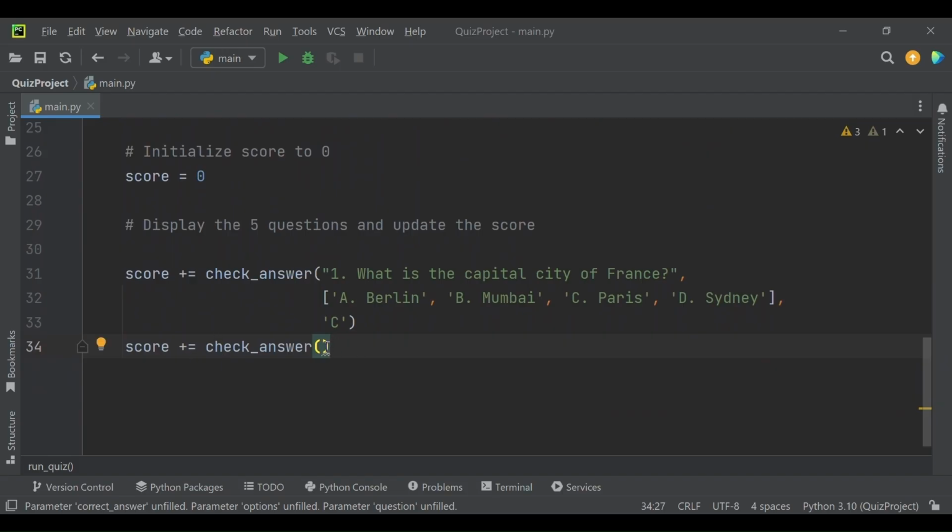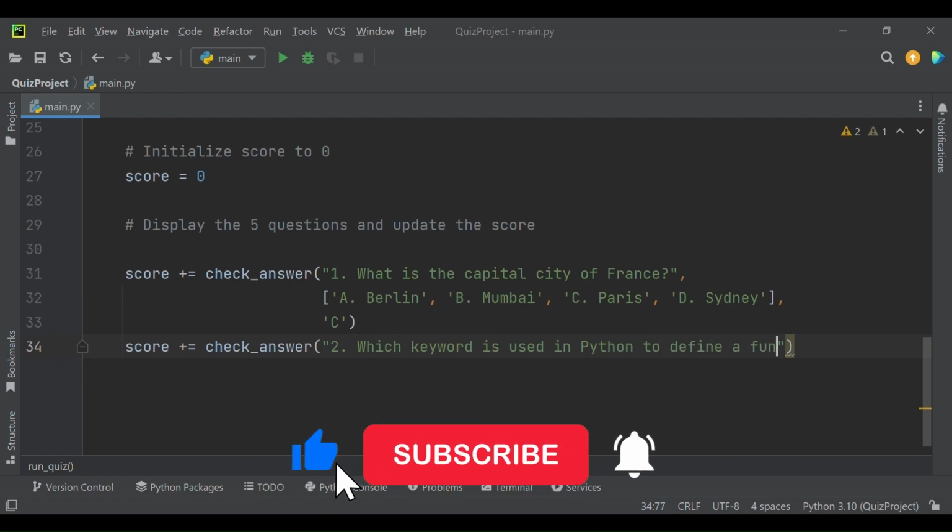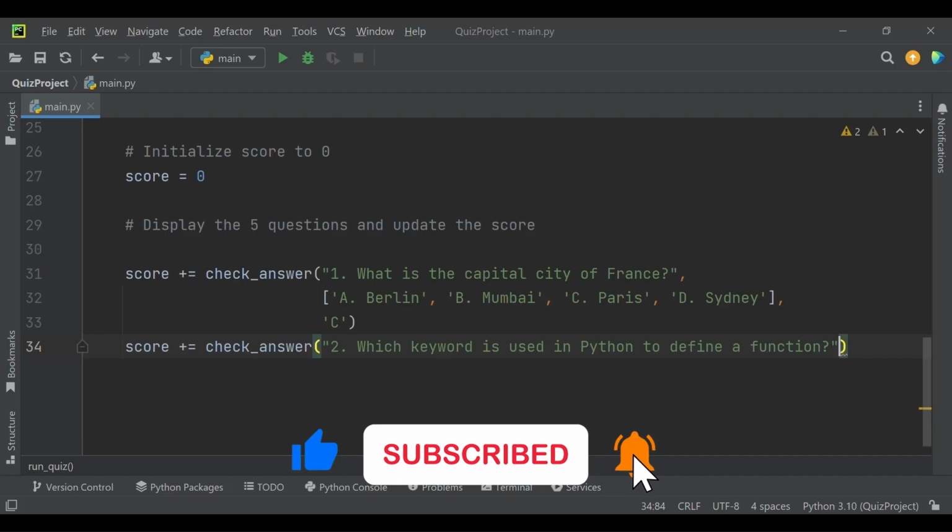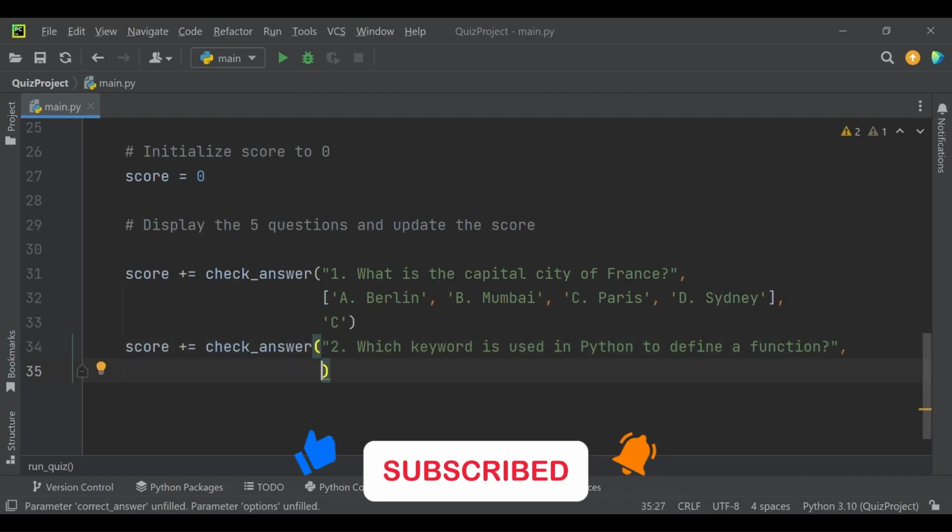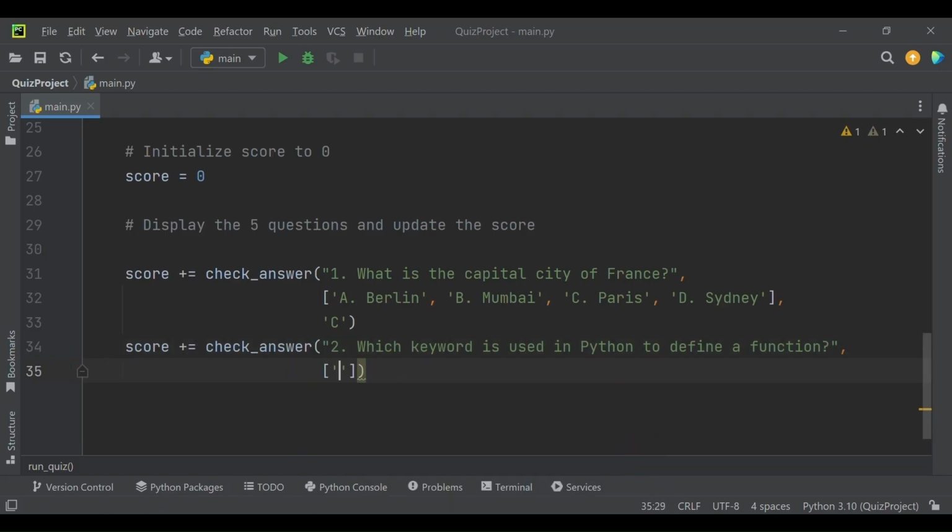Alright, now it's time to put my second question, which is, which keyword is used in Python to define a function? And once again I will supply here a list of options.